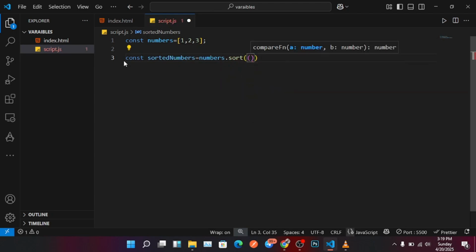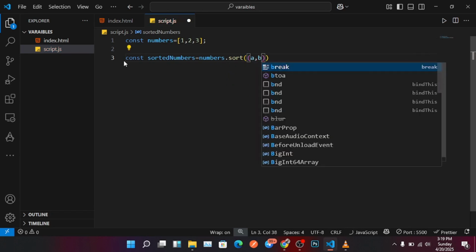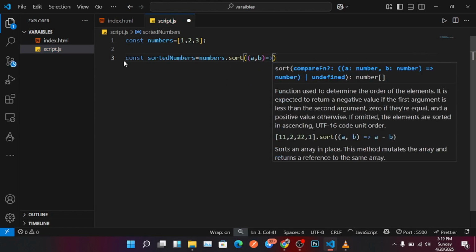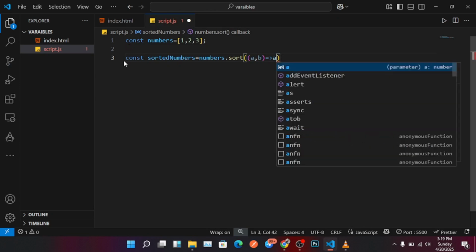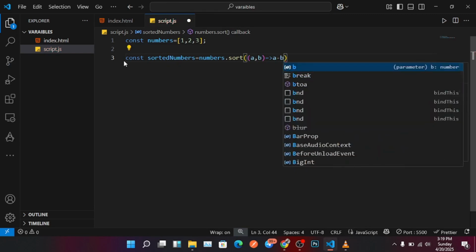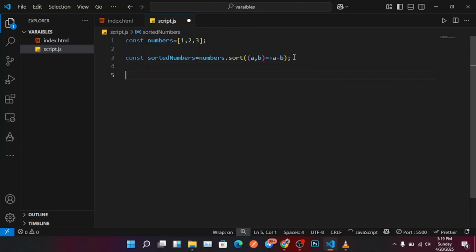So we are sorting numbers with 2 parameters, a and b, using an arrow function. What this does is, it sorts alphabetically by default, so we say sort a, b, and then we write it as an arrow function returning a minus b. So when we do console.log sortedNumbers,